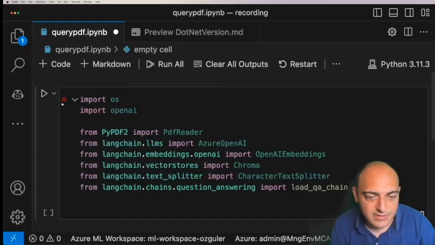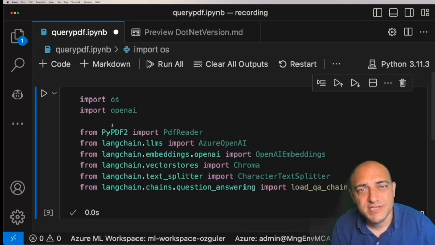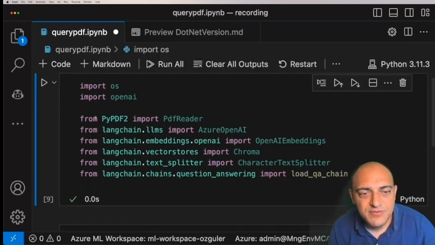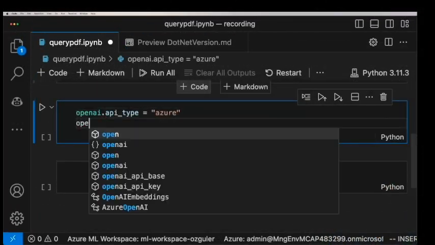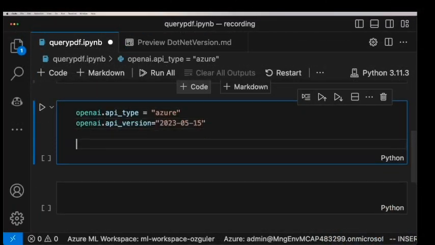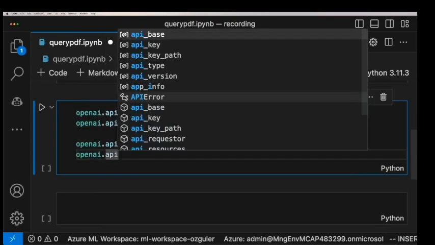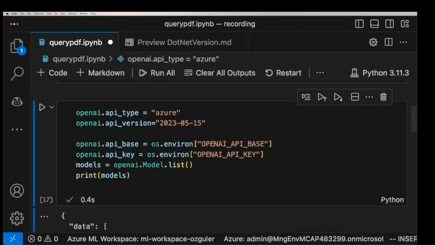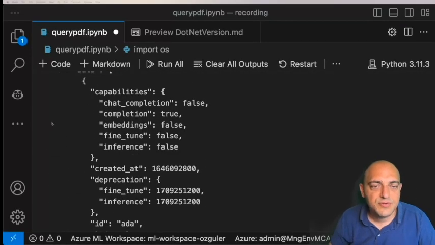Okay, so these are the libraries we will need to execute this code, and let's now run our Jupyter Notebook cell and see if everything works. Everything works fine. Then the next step, we will configure our AzureOpenAI API credentials and test our API connection before progressing with the next steps of coding. Our API connection seems to work fine.